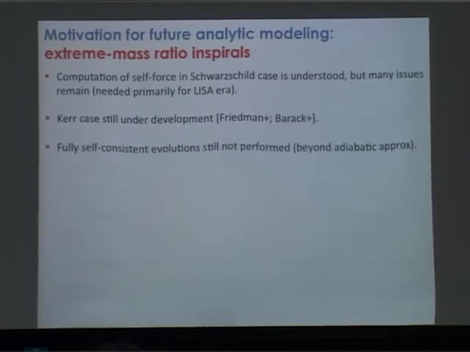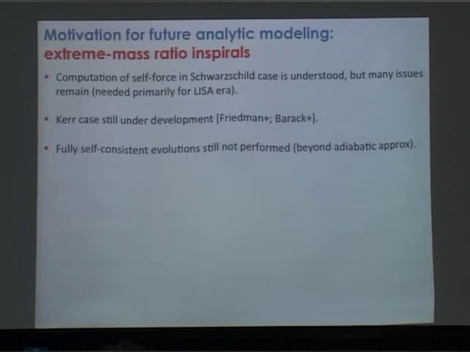These orbital evolutions that have been done are still not fully consistent orbital evolutions. When I talked about this work by the Oberach's group, they are still making a simplifying assumption when they do their evolutions, in that they take a geodesic orbit and evaluate the self-force around that orbit before updating to the next orbit. So you're accounting for the conservative effects, which you're not doing in this radiative approximation, but you're still making some type of adiabatic approximation when you do these evolutions.